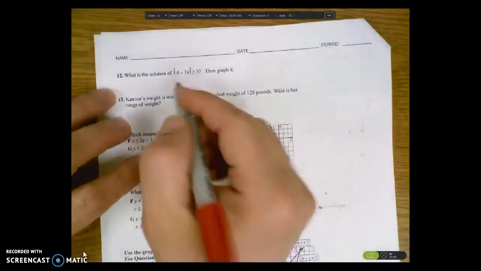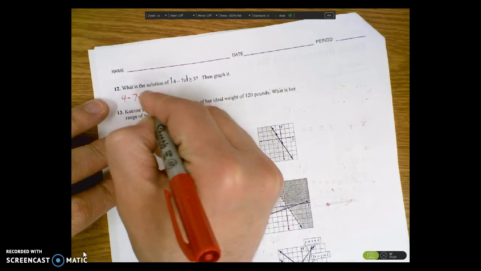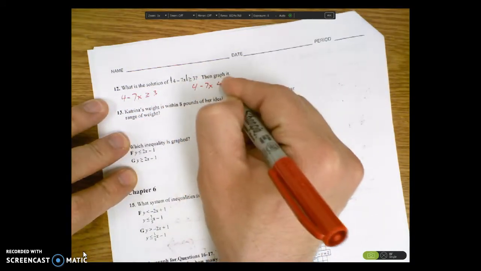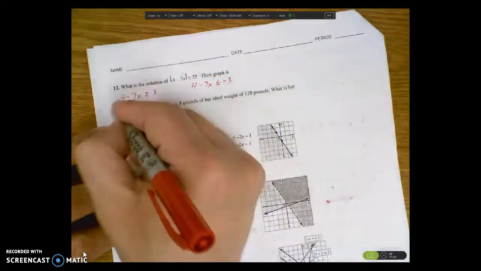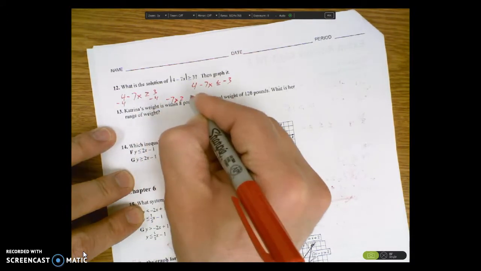All right, what is the solution of this? So it's the same problem. We're going to graph it. So we're going to write one equation just like we see it, and the other one, we're going to flip the inequality and change the sign, and we have to solve those two inequalities. So we're going to subtract 4. -7x is greater than or equal to,